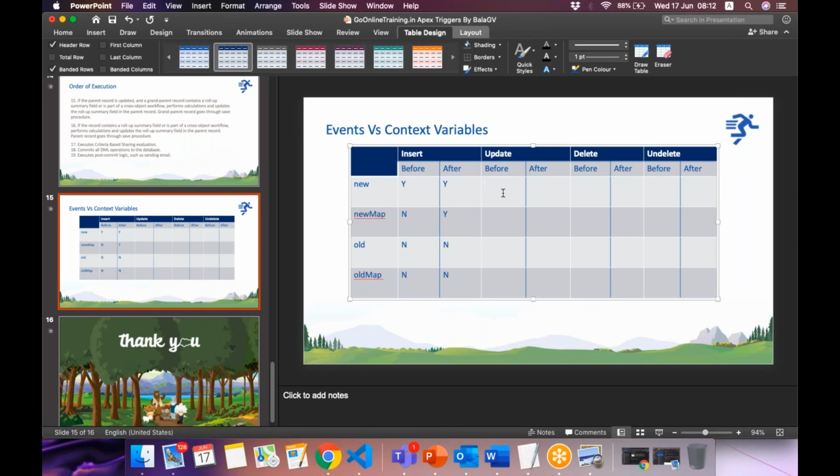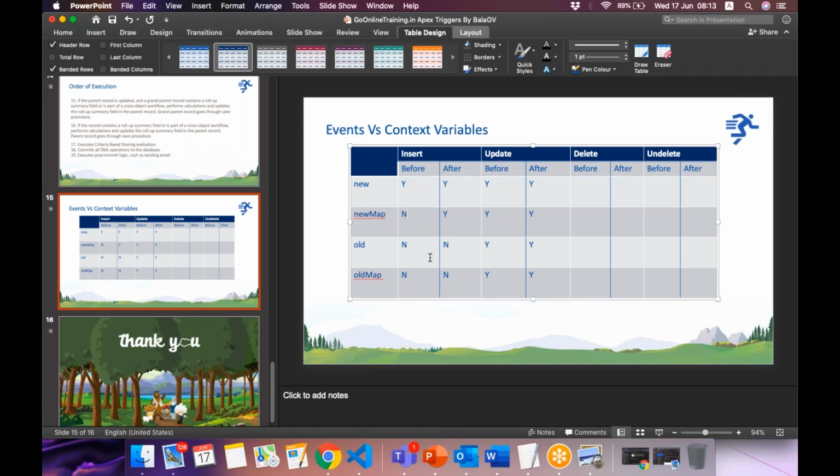Talking about update, definitely yes. Because new version is entered by the user and old is also available in the database, right? So all these are yes, and even new version. Even though new version is there here, why in before triggers is new map not available? Because there is no ID. There won't be any ID for the record, right?